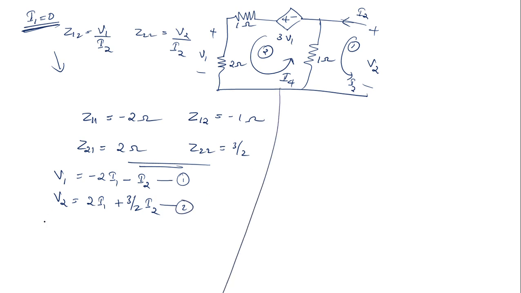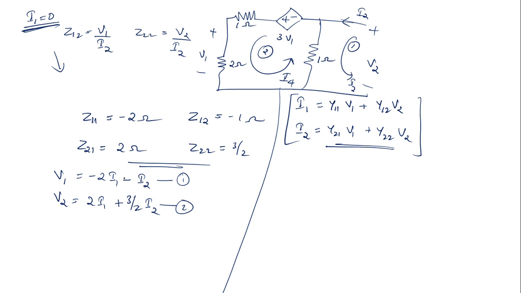And how will you do the solving? Now what is the equation for the Y parameter? I'll just write down the Y parameters equation over here. I1 is equal to Y11 V1 plus Y12 V2. I2 is equal to Y21 V1 plus Y22 V2. So if you can write the Z parameter equation in this form, you can get the Y parameters. You can see over here there is I1, I2, V1, V2. Here also there is I1, V1, I2, V2. See, all the parameters are there. You just have to rearrange it.